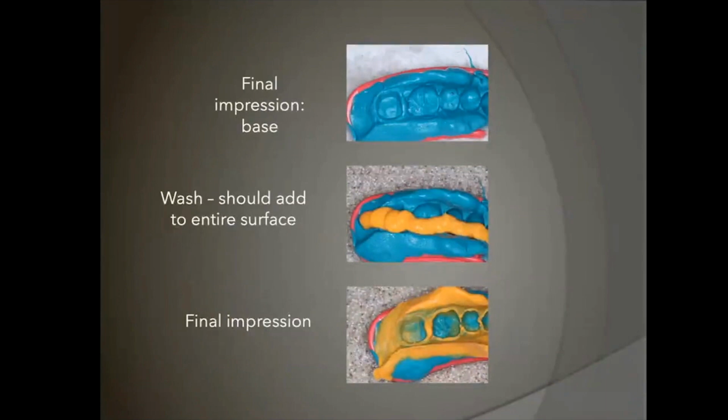So here's an example. Here's a single crown. This looks like a lower crown to me. I believe it could be an upper. It's hard to tell actually, but anyway, here's the final impression in the base, and then we add the wash. Now, when you add the wash, you add the wash to the entire surface. Just don't add it to the prepped area itself, because that'll offset the impression and create distortion for the adjacent